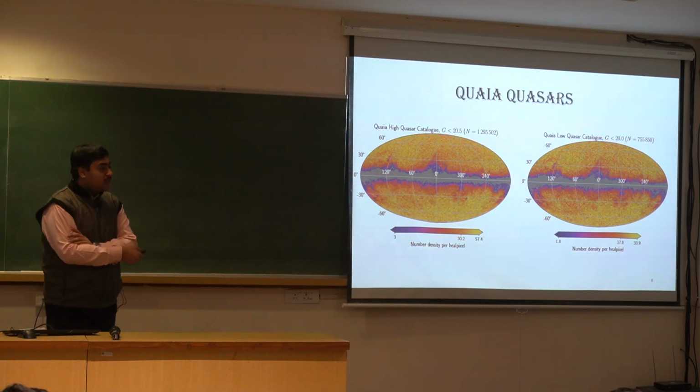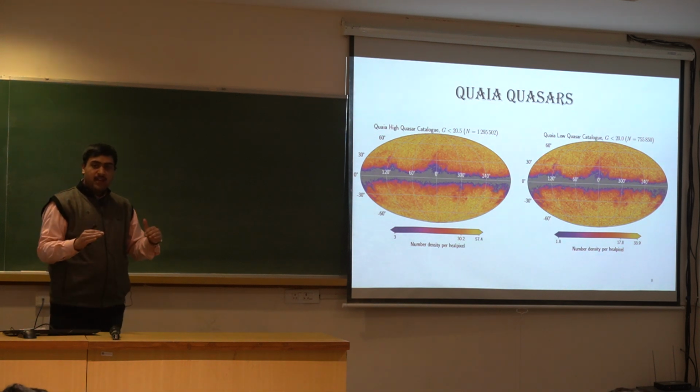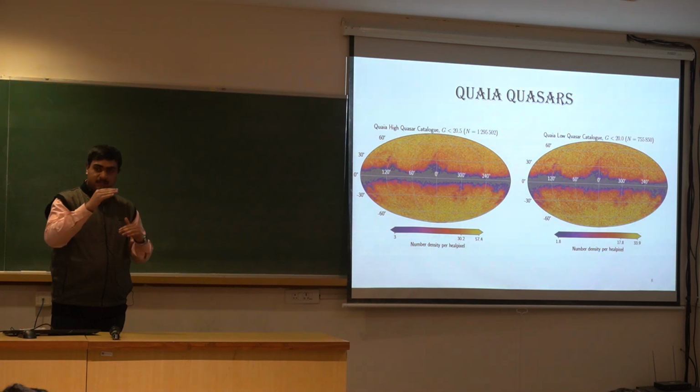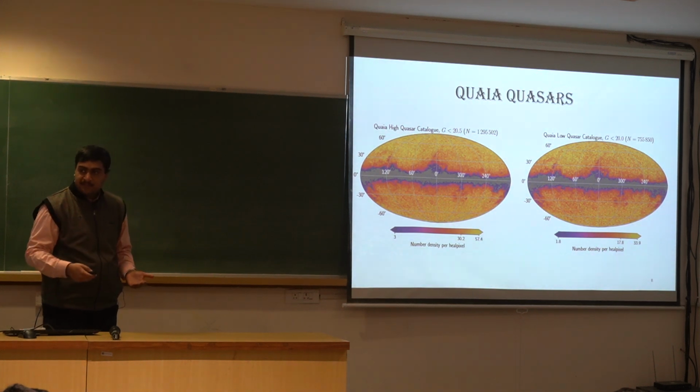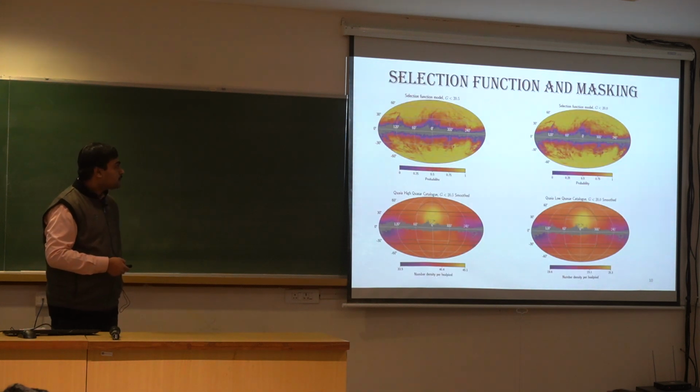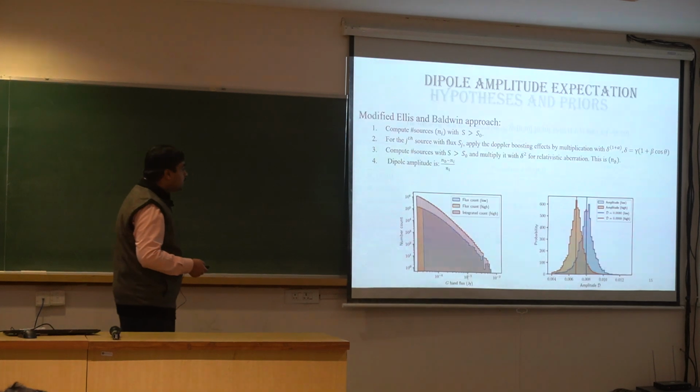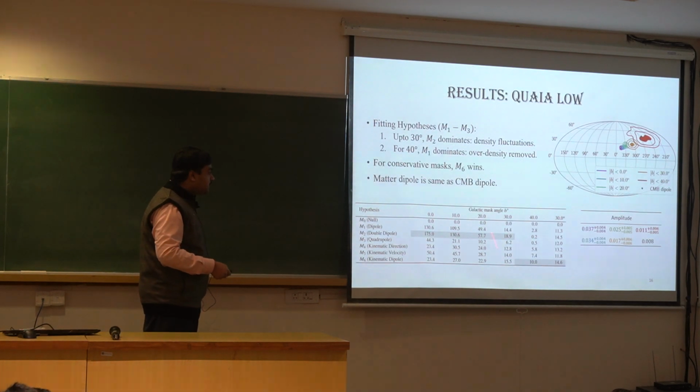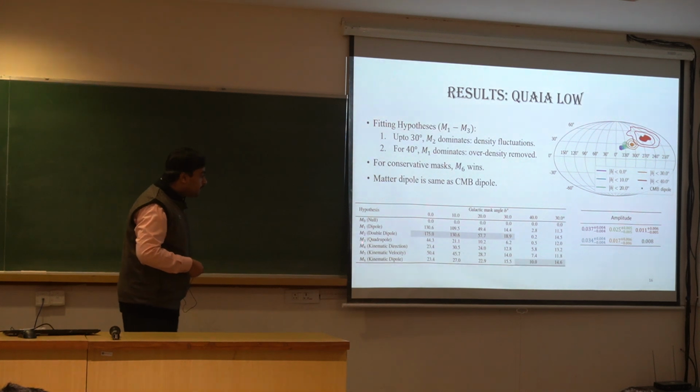So what we did was that we first tried not removing any data point, then we removed the data points which were within 10 degrees of the galactic plane. Then we removed other data points which were within 20 degrees of the galactic plane. Similarly for 30 degrees and 40 degrees. And we calculated our Bayes factors for all of them. So it turns out if you do this kind of analysis, I will talk about this 30 star a little bit later. What you find is that